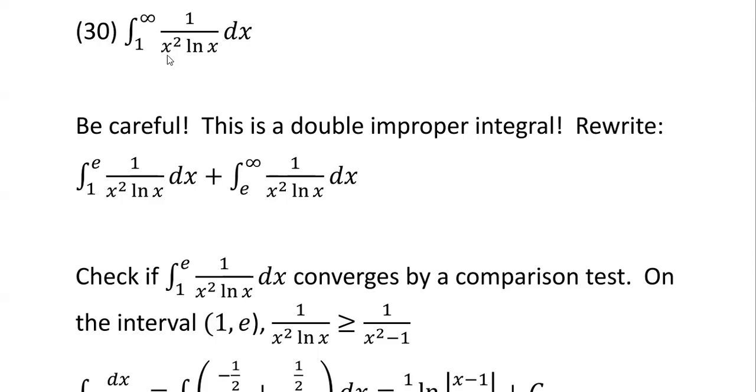x cannot be 0. We're fine in that aspect because our limits don't include 0 or go through it. Okay? ln x, however, is 0 when x is equal to 1. Our lower limit's 1. So this is a double improper integral. We have to be careful, okay? And if you did not consider this lower limit as making it improper, you might get